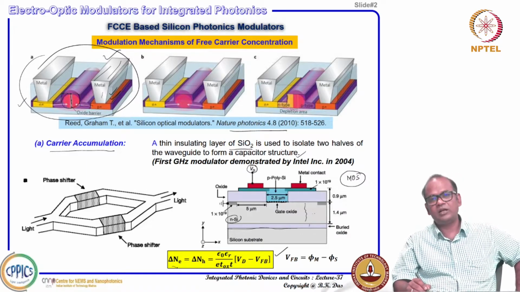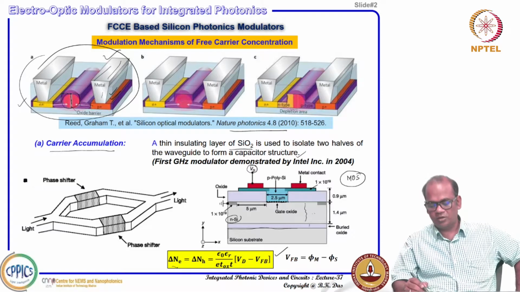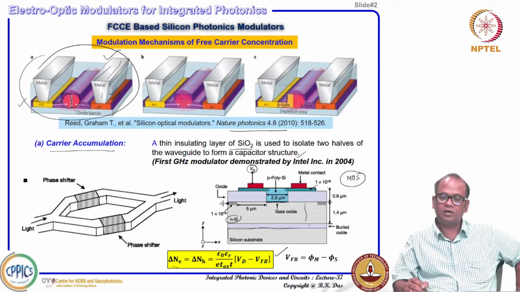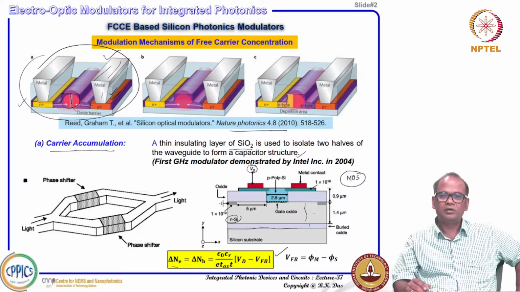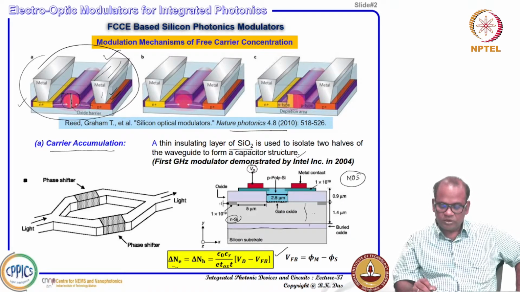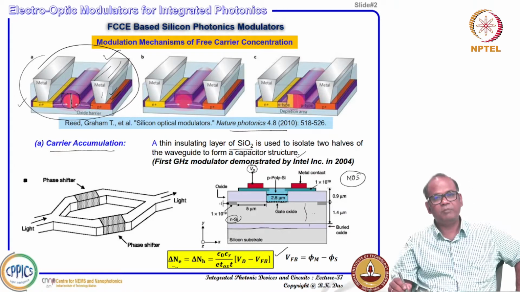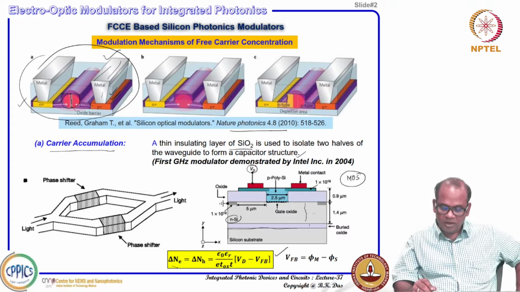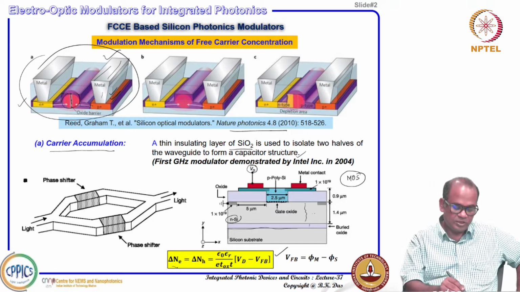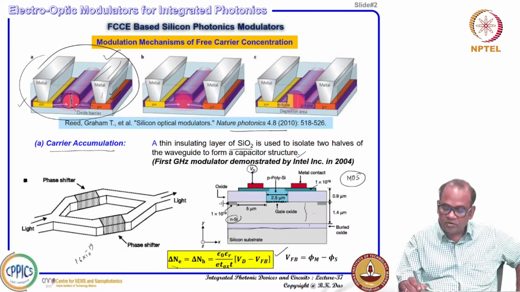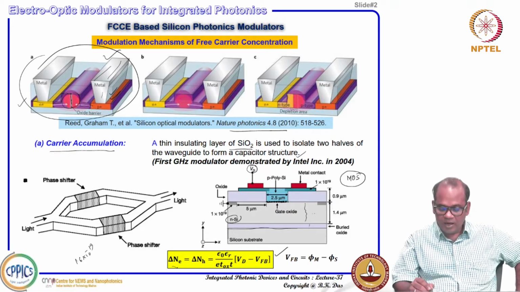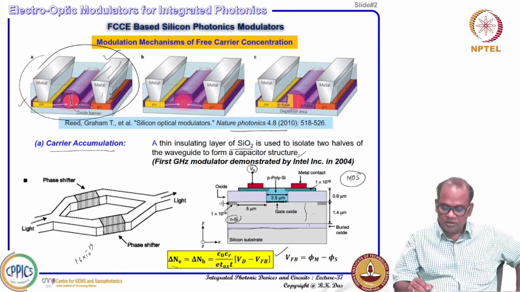Epsilon 0 epsilon r over e t oxide. This derivation I am not giving you, because any solid state device book always has this type of formula. If you are interested, you can learn from there, and here I have just taken the expression directly. So epsilon 0 is the permittivity of free space, epsilon r is the relative permittivity or dielectric constant, and e is the electronic charge, which is 1.6 into 10 to the minus 19 coulomb, and t oxide is the oxide thickness of the layer you are using, and this t is nothing but your